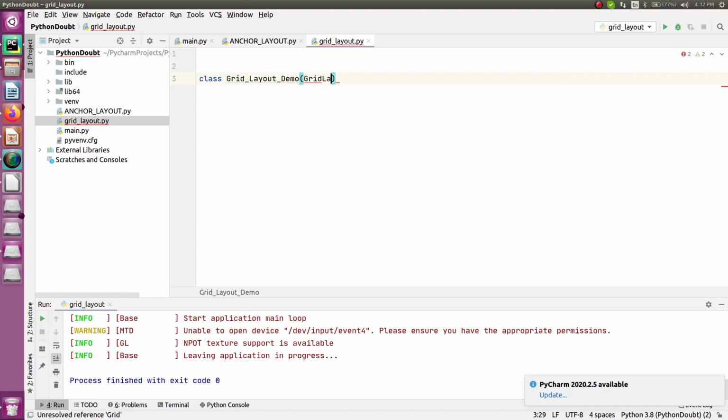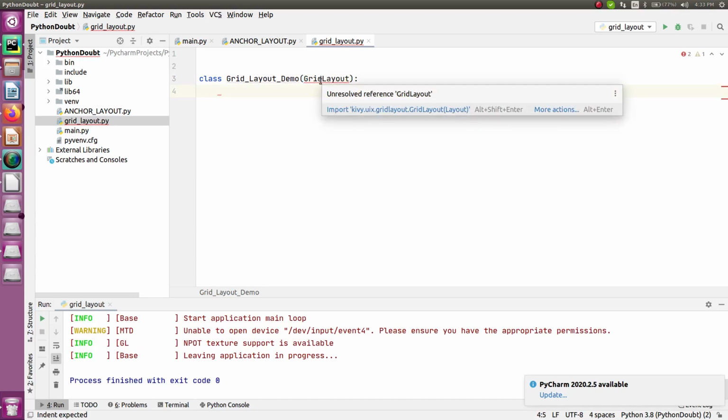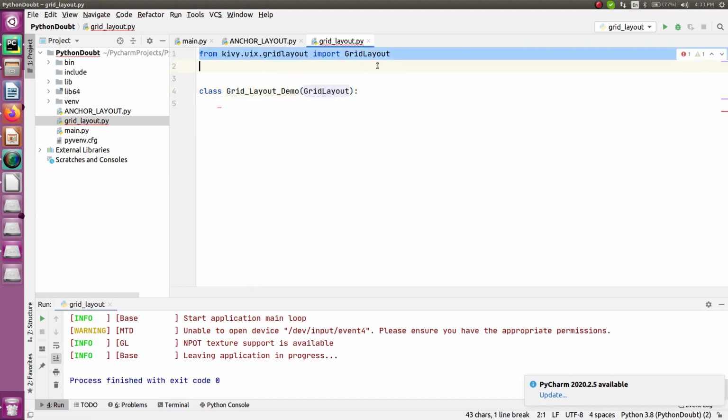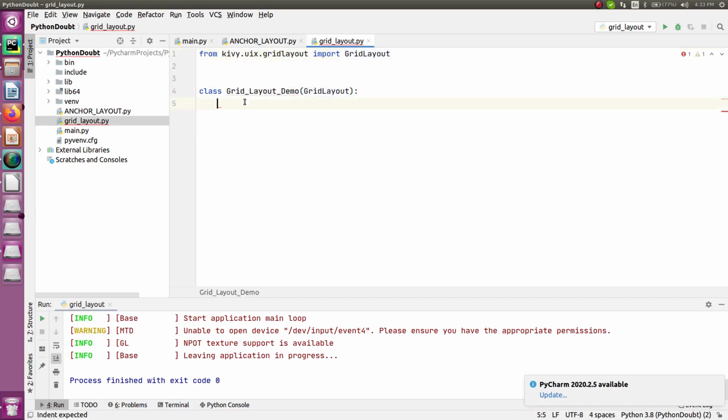Just write the name, and you know how to do that part, right? I have already shown you in my previous video how you can call them directly, and also you don't have to learn everything in the case of PyCharm. As you can see in here, import this. When I click on this, it will automatically import the GridLayout for me. So this is what I have done, and it has inherited this part.